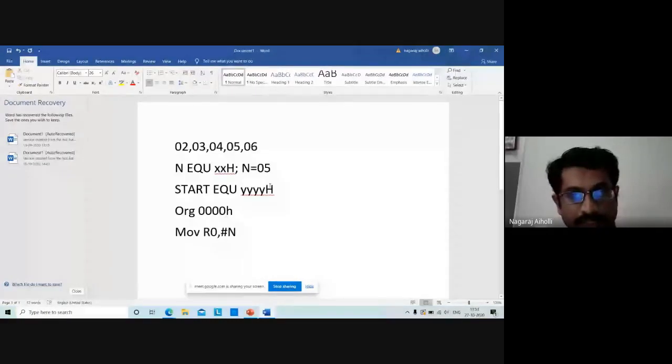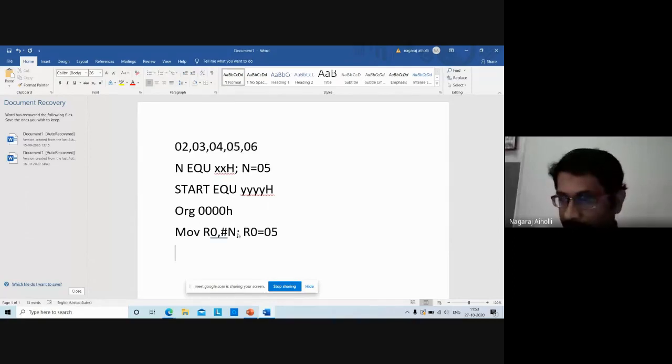Here n equal to XXH, so the n value is 5. Start equal to YYYYH, any random 16-bit memory location. MOV R0, #n, so the n value is 5 here. Therefore R0 will be equal to 5.